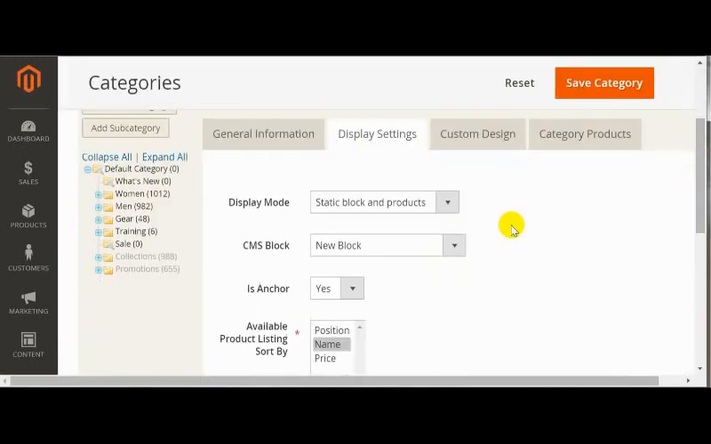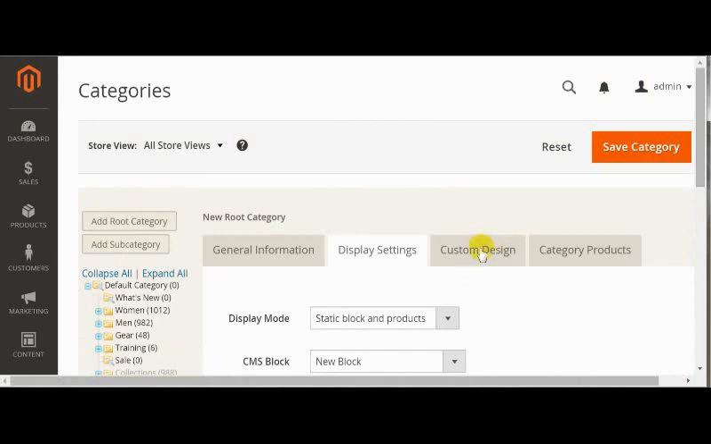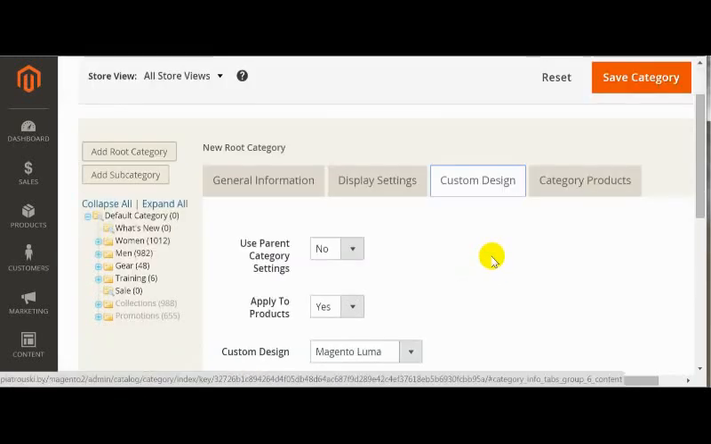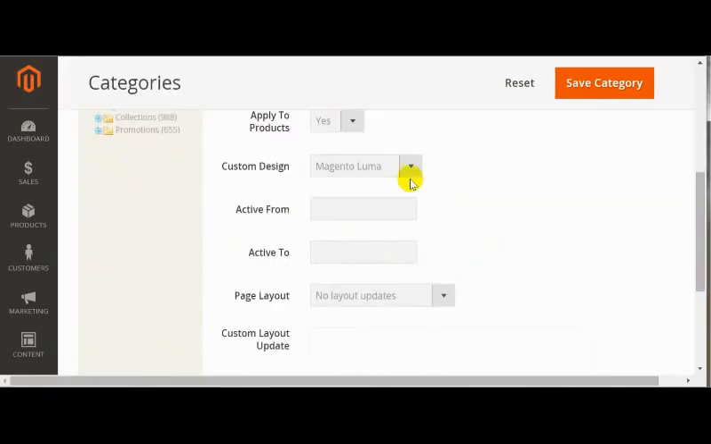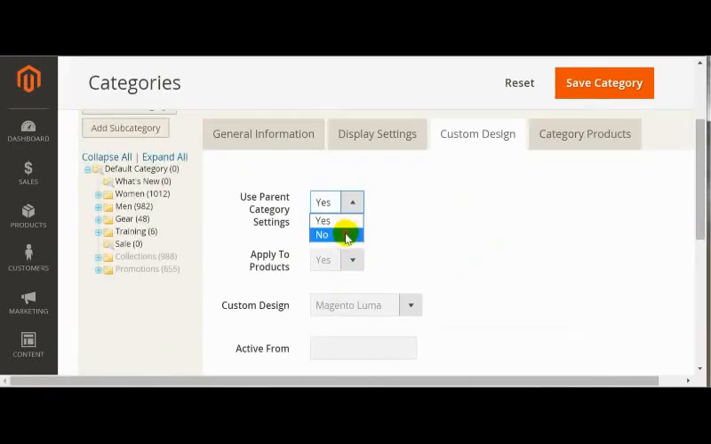And as you can see, next goes custom design. So the first box here is use parent category settings. If the parent category of this category has already been customized and you want to use the same settings, select yes, and all the other settings will disappear. So next, choose yes or no in the box apply to products. If you want the custom settings applied to all the products assigned to this category, you should select yes,